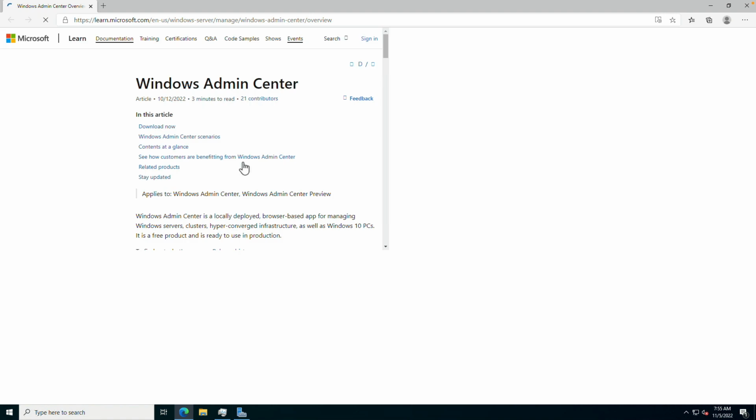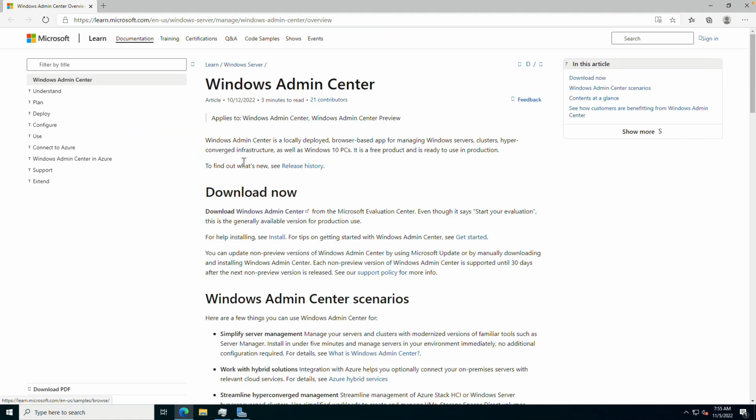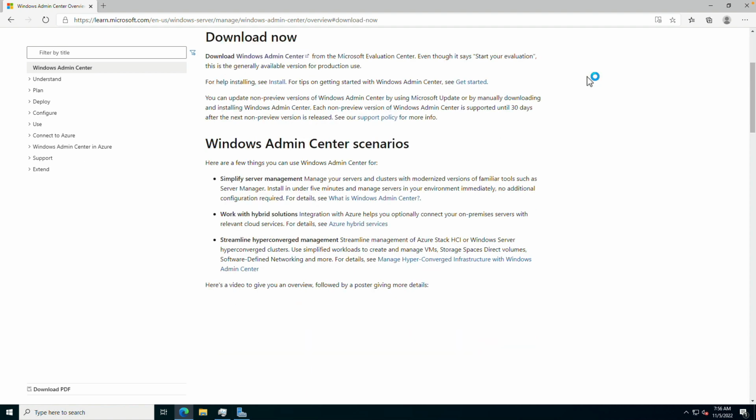We'll download the MSI and get this installed, and then we don't even have to connect to it with remote desktop. We can just use the web browser on the Mac or a Linux machine or whatever machine you want to use. You could even use an iPad as far as that goes. But you'd have access to many of the things that were previously only available logged in through remote desktop using the server manager or